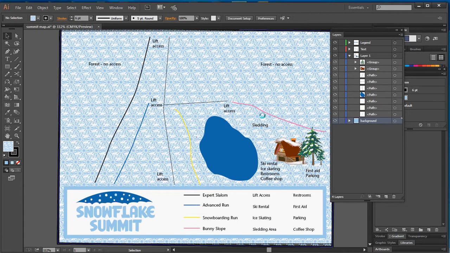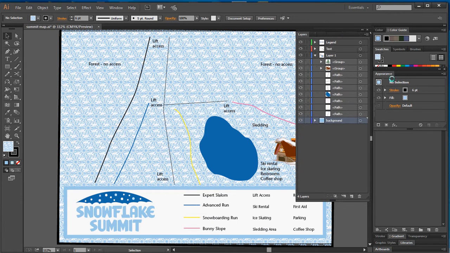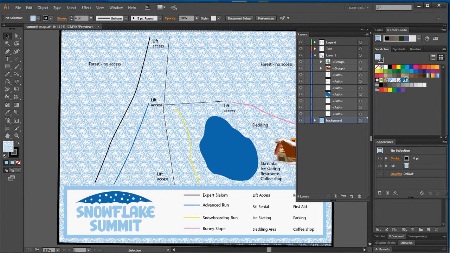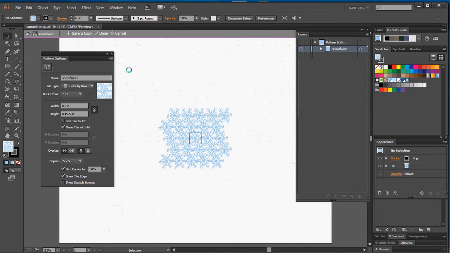And in the Swatches panel, you're going to double click back over to the Swatches panel. Sorry, get rid of that. It says to double click on the snowflake, and we're going to re-enter pattern mode. On the bottom of the pattern options panel, change the dim copies menu to 100%, which is already on 100%. And then using the selection tool, which is what you're looking at, number 16, click to select the snowflake artwork in the pattern tile